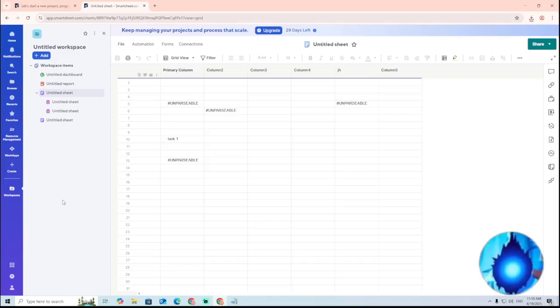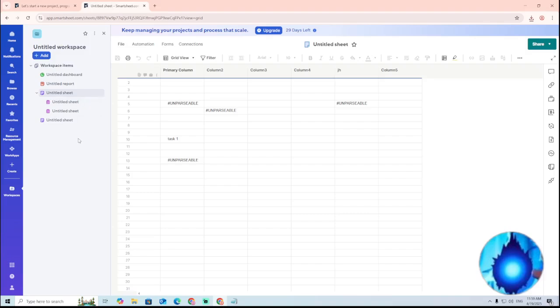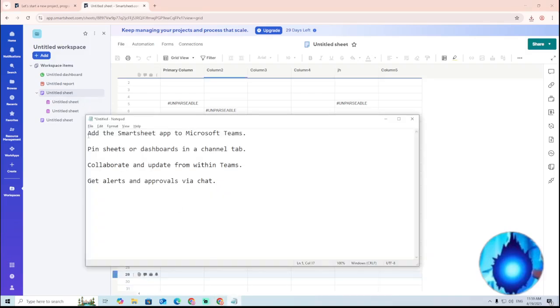How to use a Smartsheet in Teams, and we are going to understand how this can actually be dealt with. It is something that should be understood in the section that should be really prioritized, and here we will look at how to add a Smartsheet app